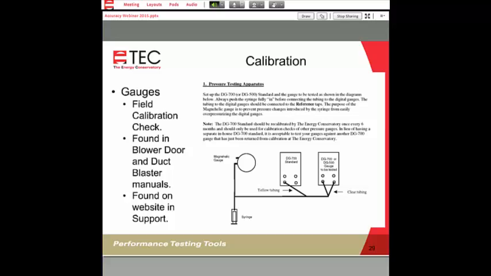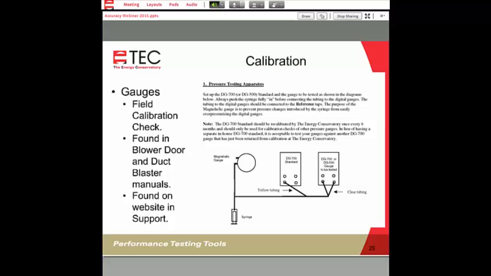Now, we've seen this occur where some associations may have a gauge that has just been recalibrated. They send it to us, they take that gauge, and before it goes anywhere, they then compare that to all of the other gauges that exist either in that company or at the association or wherever it might be. And so they will do this calibration comparison. And you see that there is a magnehelic gauge here, but that's strictly used as a pressure relief. It's not used for any value at all.